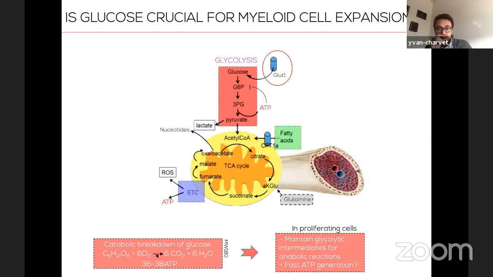So we know that GLUT1 is one of the key transporters in the hematopoietic system. It transports glucose into the cell, where it will feed the TCA cycle and provide energy, not only to maintain intermediates for anabolic creation, but it's also a producer of a very large amount of ATP, not 36 to 48 ATP, but very quickly.